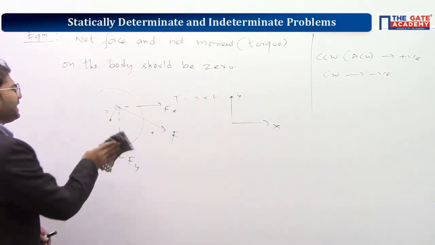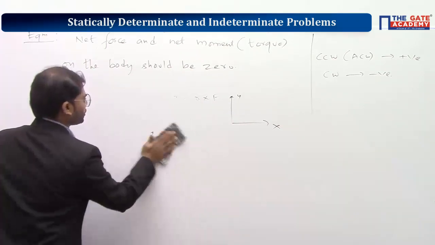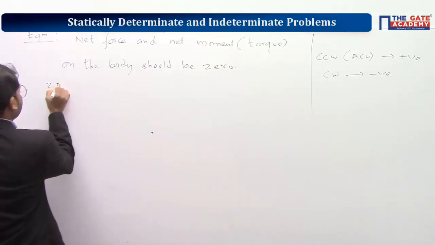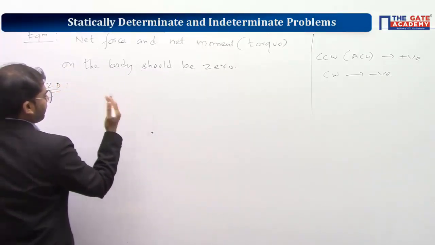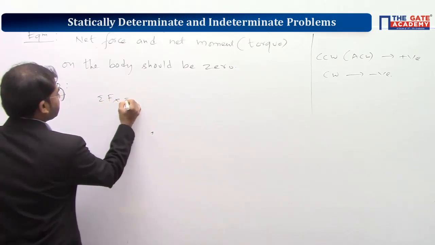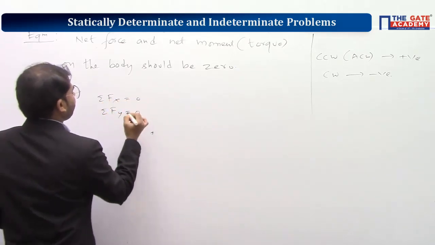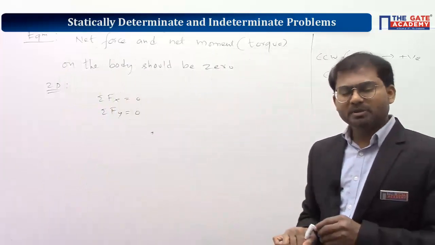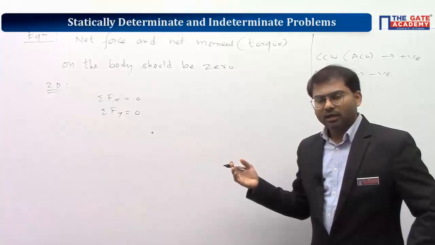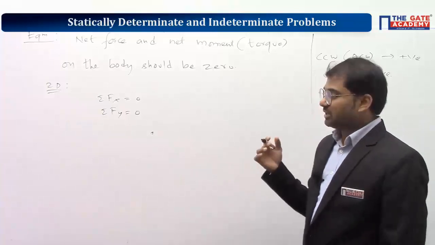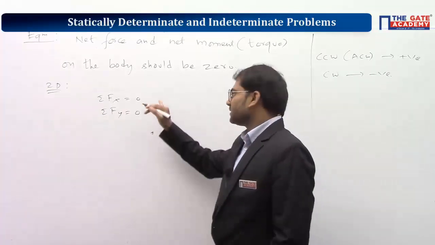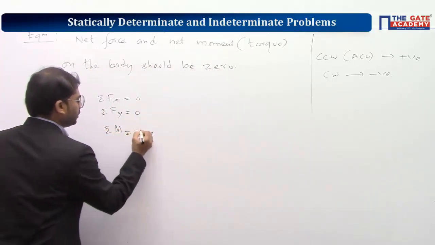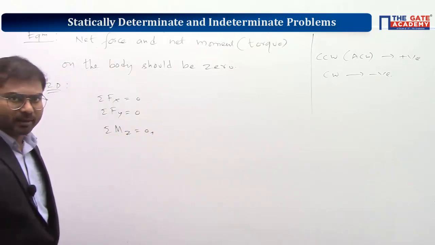So now if you are dealing with forces in coplanar directions, that means x and y directions, if you take a coplanar force system or 2D force system, forces will be acting along the x-axis and y-axis, that's all. So sigma Fx is equal to 0, sigma Fy is equal to 0 should be satisfied because the equilibrium condition should be satisfied here. But as the force components are there along the x and y axis, rotation will be occurring about the z-axis, that also should be 0, so that the body will be in complete equilibrium.